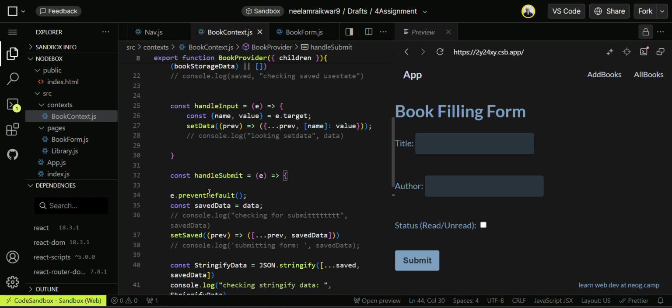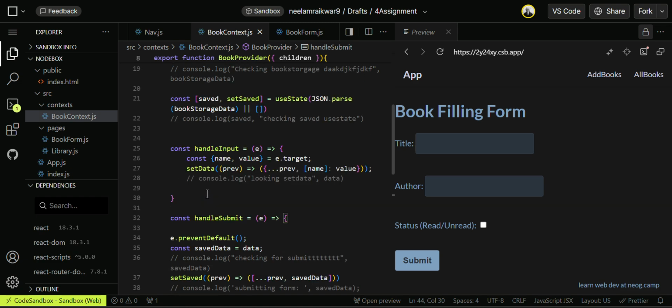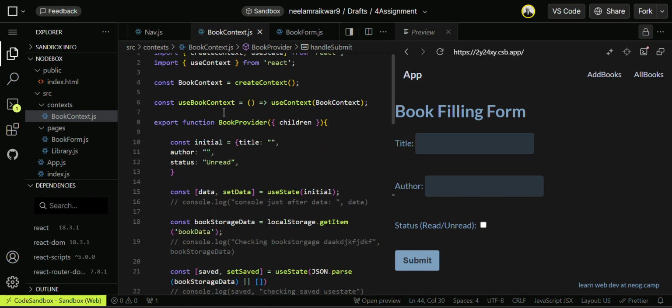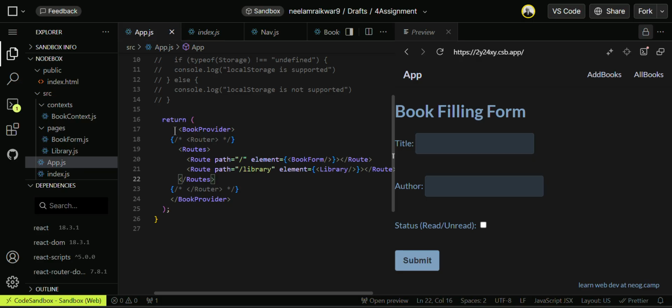And this function BookProvider is used here in the app.js. So this is the function which I am wrapping around these routes.